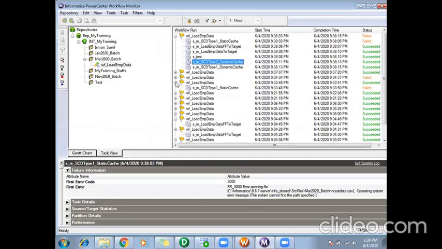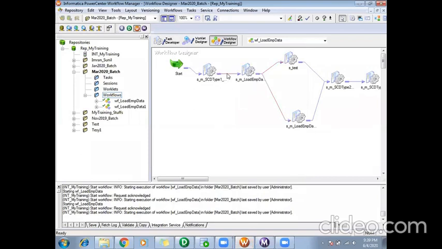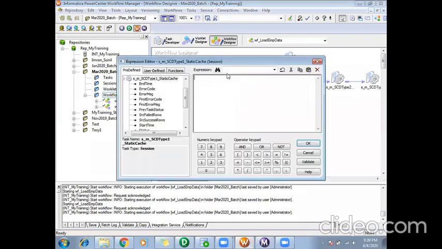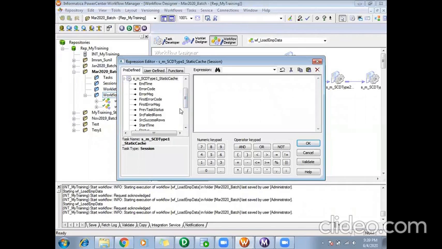So how can I set the dependency? For that we have something here. If you double click on these links, it will open a window. Here you can take the previous session name. This is my previous session, SCD type 1 static cache. So I double click on the link, and in my session, these are the inbuilt variables we have.